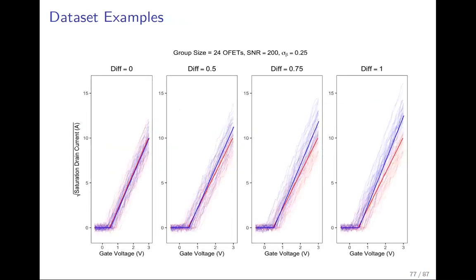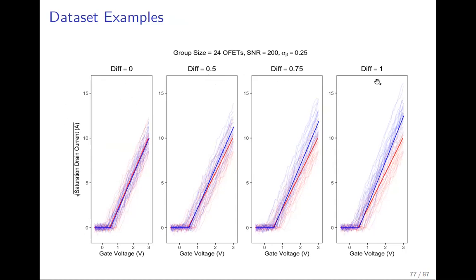We evaluated the modified versions of the four approaches in simulations similar to those described earlier. This plot shows what a simulated dataset looked like. Each dataset consisted of 5 groups of OFETs, one of them being a baseline group. The mean slopes for the other 4 groups differed from the mean slope of the baseline group by 0, 0.5,